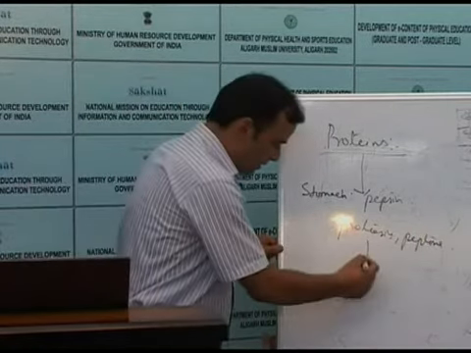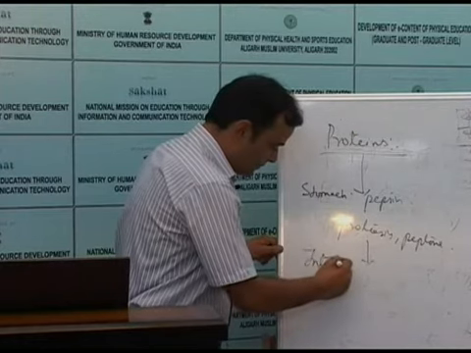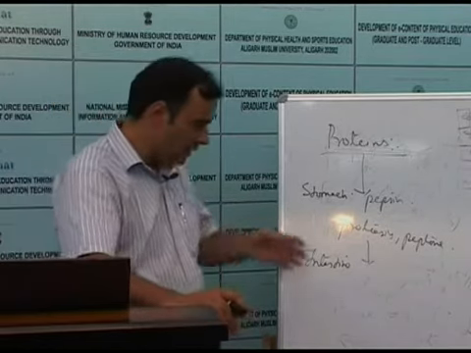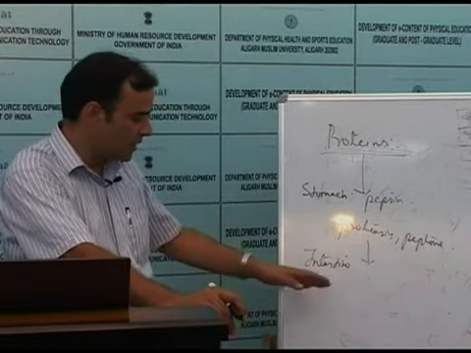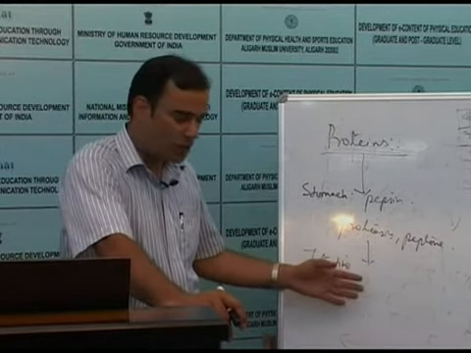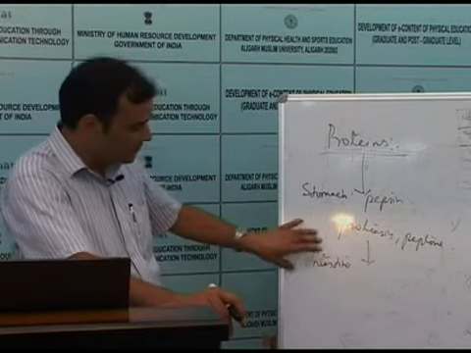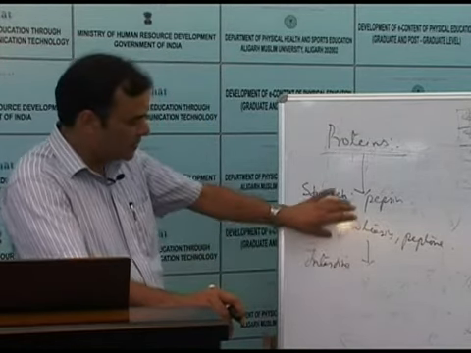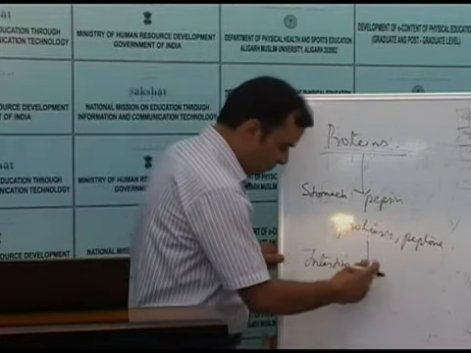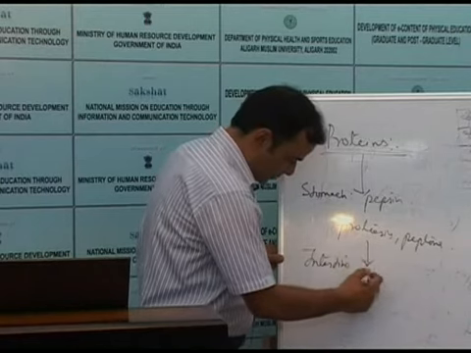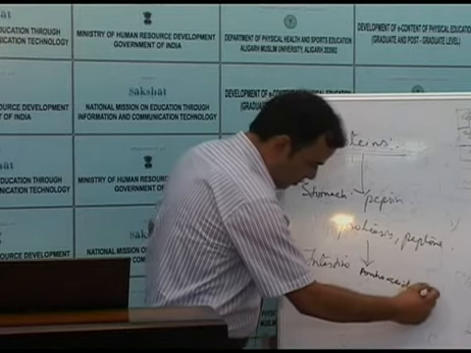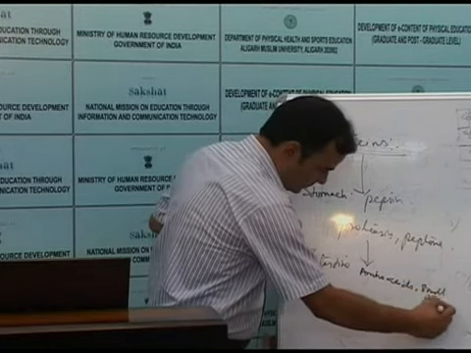Now, after the stomach, in the intestine the pancreatic enzymes are secreted. Various proteolytic enzymes, that is the protein digesting enzymes, are secreted. These are trypsin, chymotrypsin, carboxypeptidase, and so on. Now these pancreatic enzymes act upon the proteoses and the peptones and convert them into amino acids and small polypeptides.